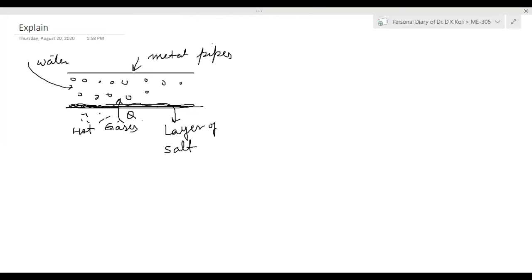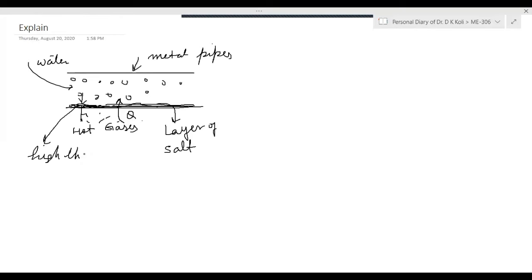Okay, what happens when we are residing in the coastal areas, like near the sea? The water is having a lot of salt. So removal of the salt is a difficult problem. How can we use it? And such water, if being used, will deposit the salt over the surface. And because of this, the layer is having high thermal resistance.